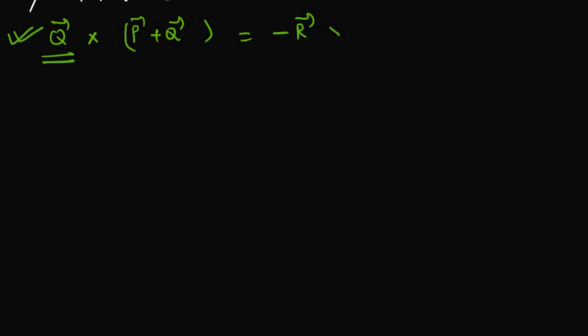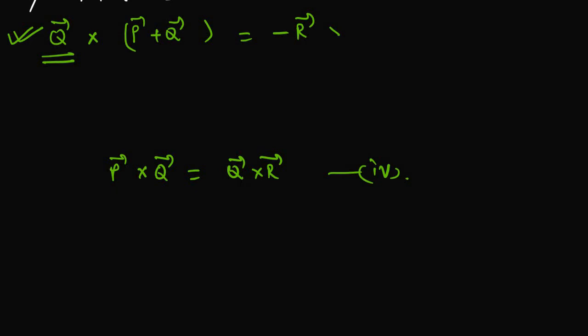Now please try to do it with the second equation, which was P plus Q equals minus R. You must take the cross product with Q. Then see what would happen to the second equation if you make a cross product with Q. The answer would come as P cross Q equals Q cross R, and that would be equation 4.